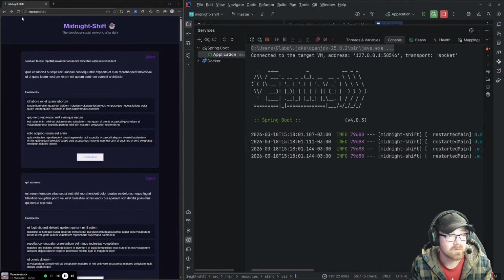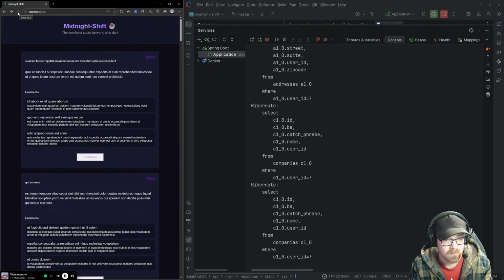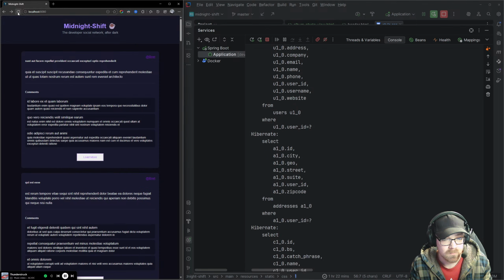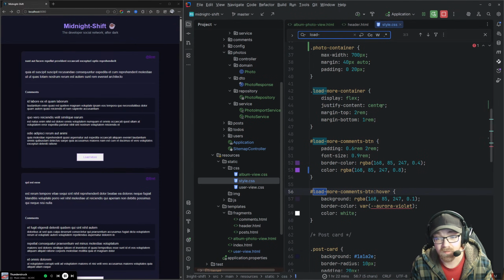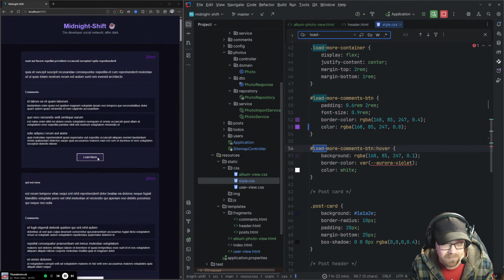Okay, just give me a refresh. This is why I do CSS stuff off camera, because this is boring as hell, and I've got no idea what I'm doing, so I have no idea what to talk about. For example, I can't even color a button. Why is that? Why is it that when I hover over it, it goes darker?